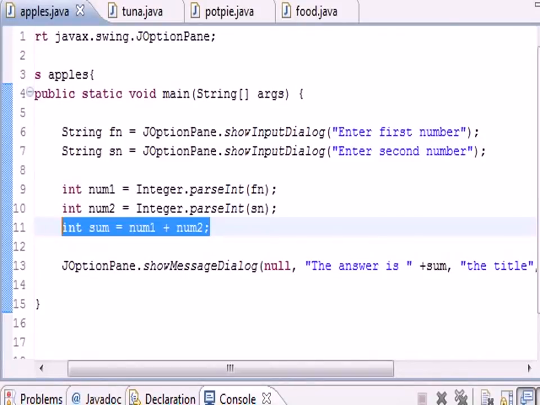So we need to tell Java, alright, instead of viewing this as a string, we want you to view it as an integer so you can do some math with it later on. So what we need to do is convert these variables to integers. This has nothing to do with JOptionPane. This is just Java right here. So Java int